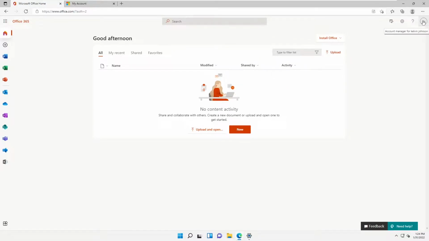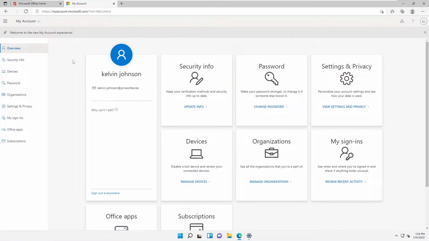If I go to the right hand side here, you can see the account manager for Kelvin Johnson. If I click that, we have the option to view our account or view my Office profile. If I click view my account, it's going to take me to a different browser here. You can see we have all the different options. And if I click on Office apps,